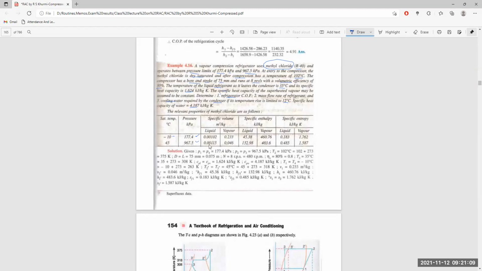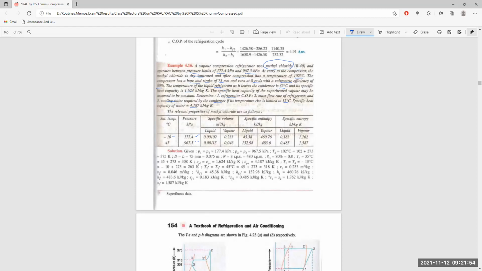We see that higher temperature itself, and the specific volume of the refrigerant in the liquid state at the expander is given as 0.00102. At the vapor state, at the inlet of the compressor, it is given as 0.22233, and at the outlet of the compressor it is given as 0.0046, the same as the specific volume at the inlet of the condenser. The specific volume at the outlet of the condenser, or at the inlet of the expander, is given here as 0.00125.